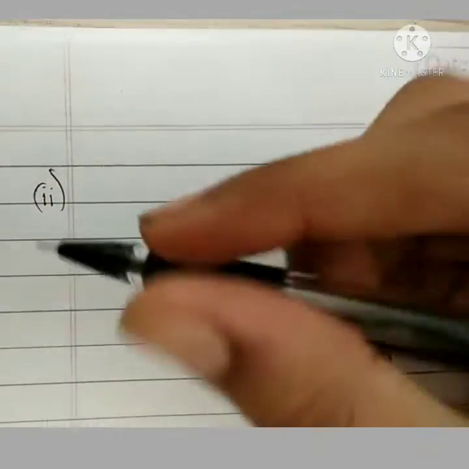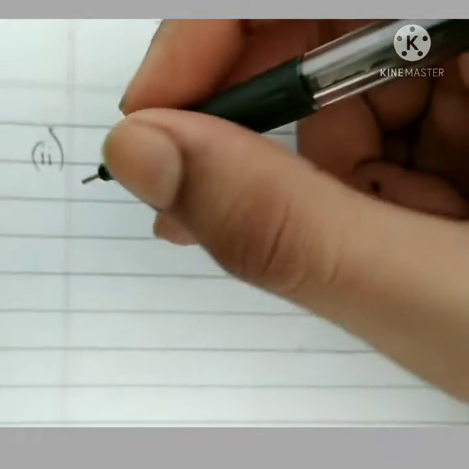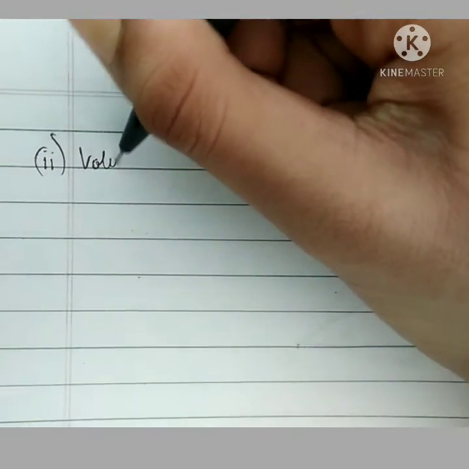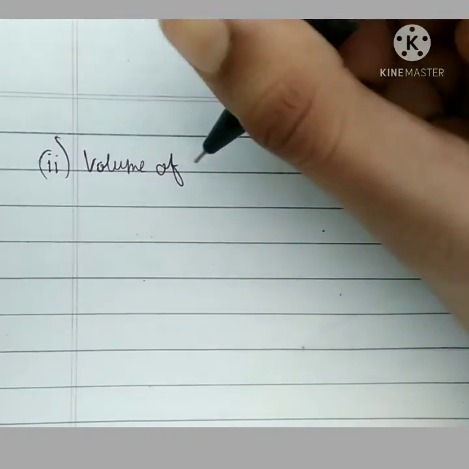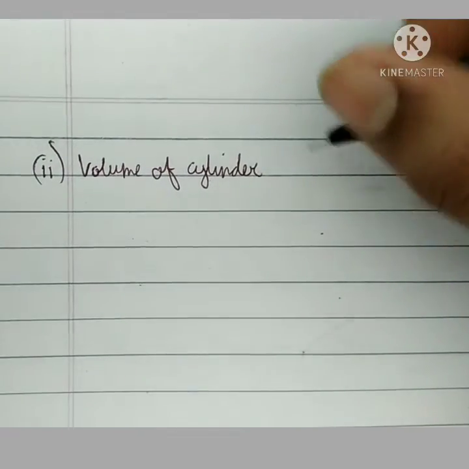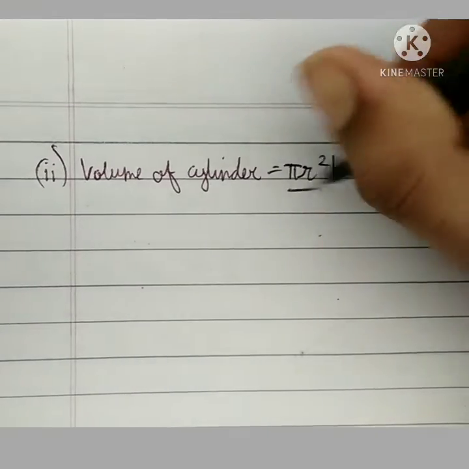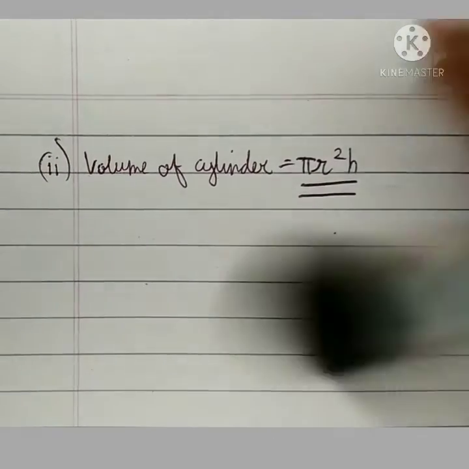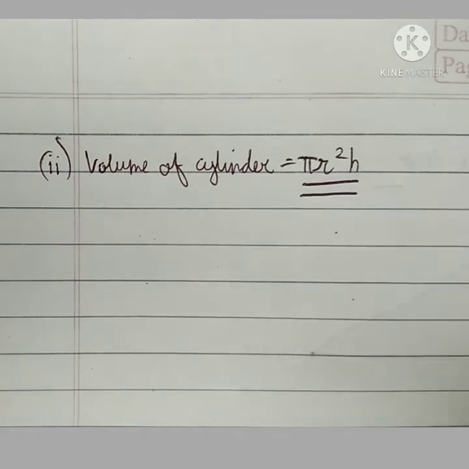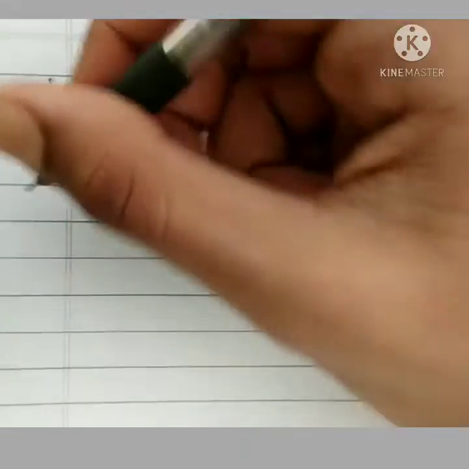So now you have to just think what is the formula of a volume of cylinder. Now we all know that volume of cylinder is equal to what? Pi r square h. And this is our answer because I have to just put in the formula for the volume of the cylinder. So the third part,